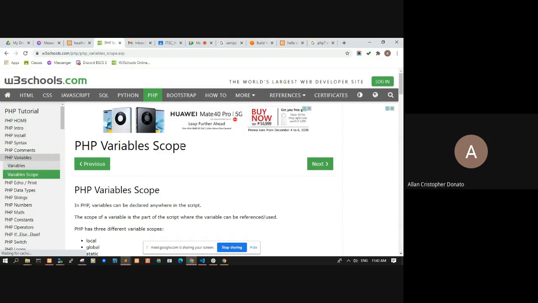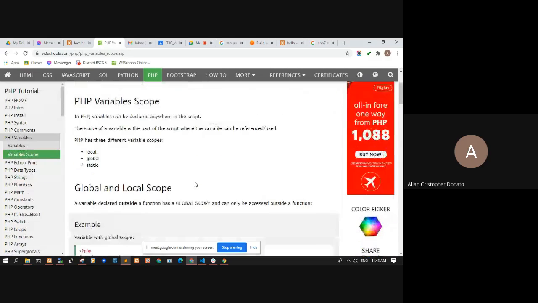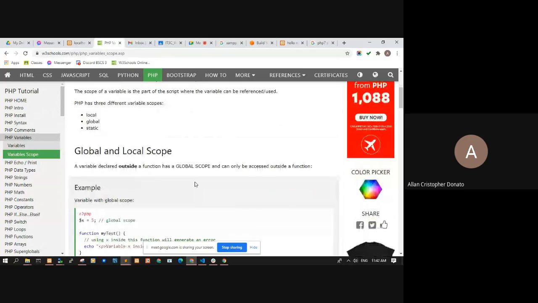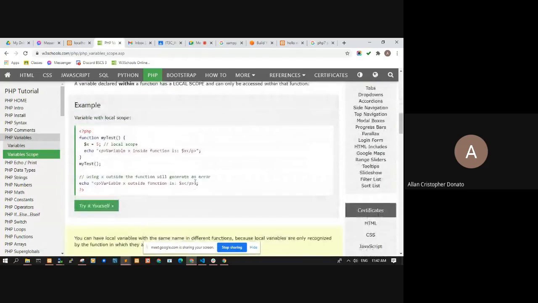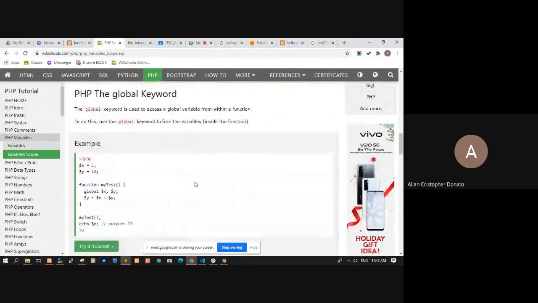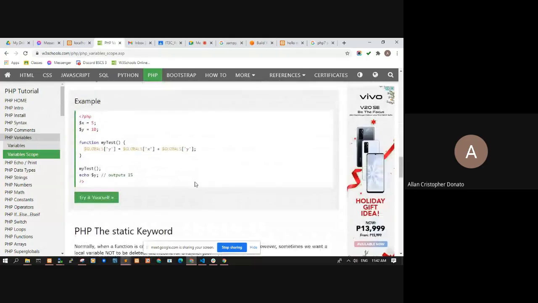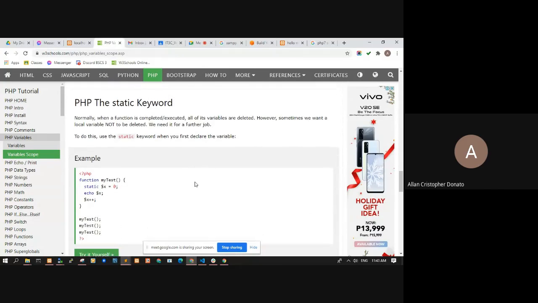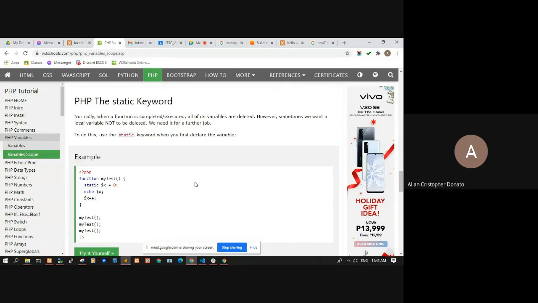Okay. And then the variable scope. So of course we have local and global. Local pag dineclare siya inside sa function. Global pag dineclare siya outside of the function. And then static is basically static and can be modified from outside, and it also has a global scope.